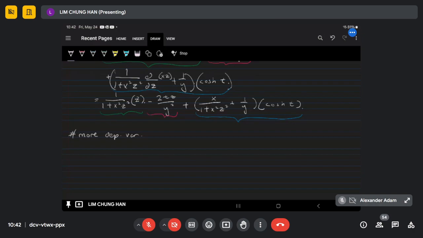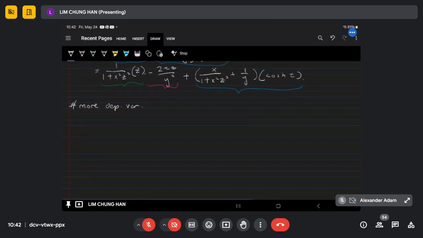So an example of this is, let's say, like this: w, x and y. So I'm not increasing the number of variables here. I'm not increasing the number of independent variables, but rather,